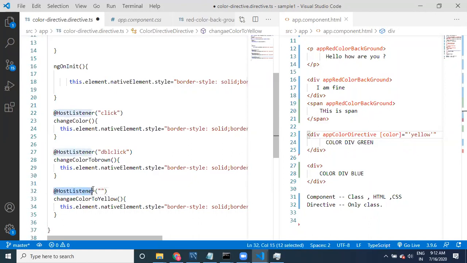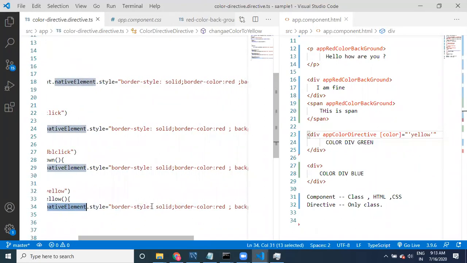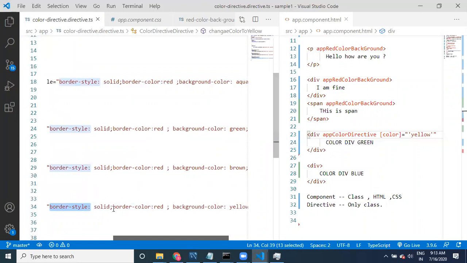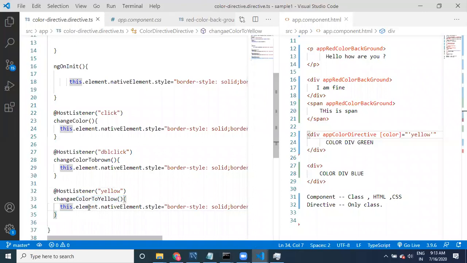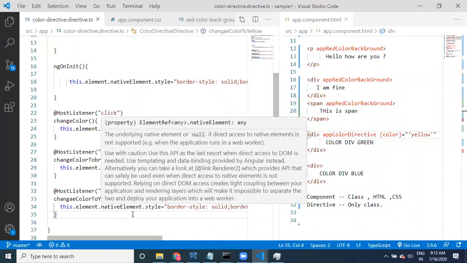Host listener, change color to yellow. Host listener yellow. What is this, guys? This is going to be change color to yellow: this dot element dot native element dot style border style solid, border color red, and this is going to be change yellow.